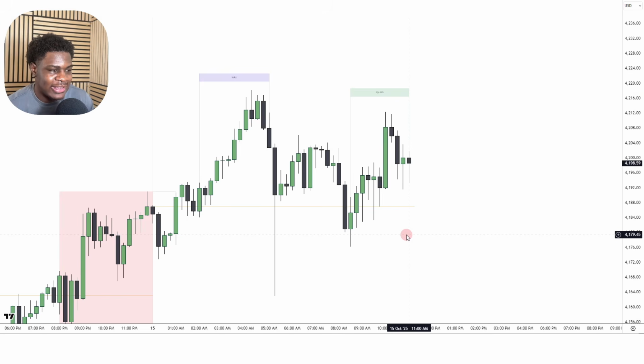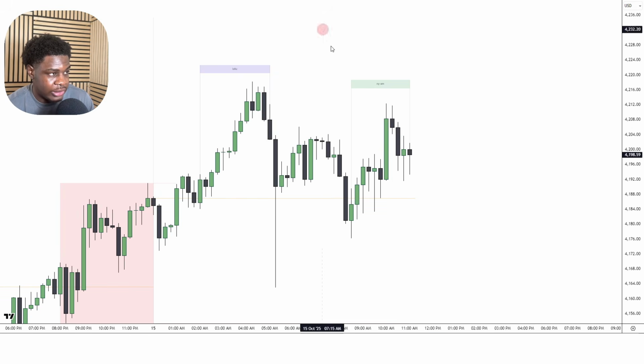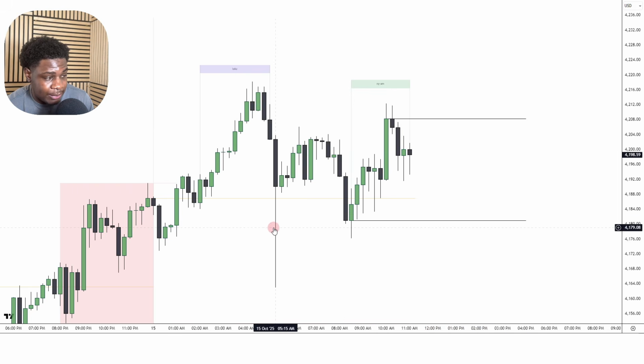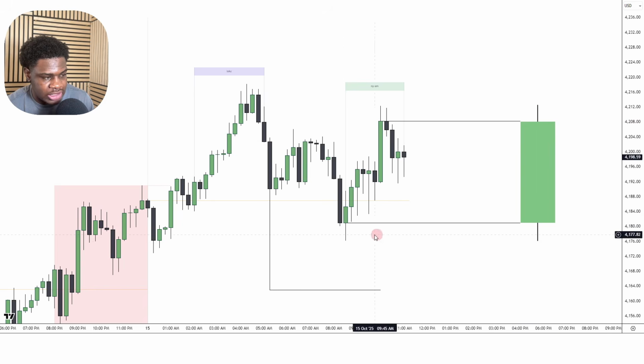But last but not least, that gets us into our last profiling, which is our seek and destroy profile. And this is basically our consolidation profile. Price simply consolidates within a specific range. This is where the market opens up, and this is where the market closes right here. You see there's no fair value gap here, and the only liquidity pool is down here. There's no stop to the bridge, so it means it's a little less probability, but you can still take a trade